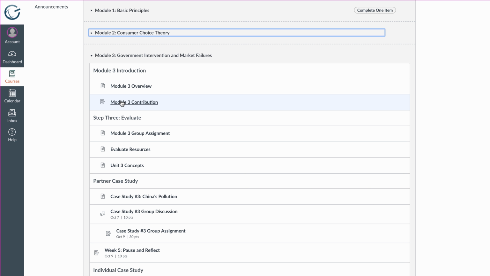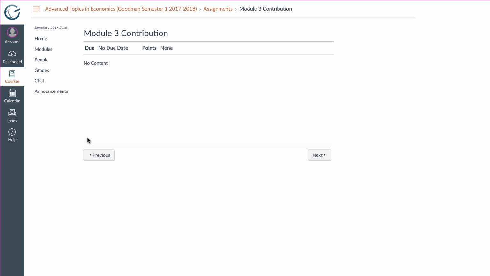The next thing I want you to look at is this very first assignment, and it's called Module 3 Contribution. And with this assignment, which is missing the video, I will update that momentarily. You're going to be asked to really think about how you're participating in this course. And I want to make sure that you are engaged and you're able to converse with your classmates and with myself. So this is really going to look at your ability to do that over the next 2 weeks. And there's a video that will be here that will give you more details, so please watch that before you do anything else in the module this week. Then I'm going to click Next,